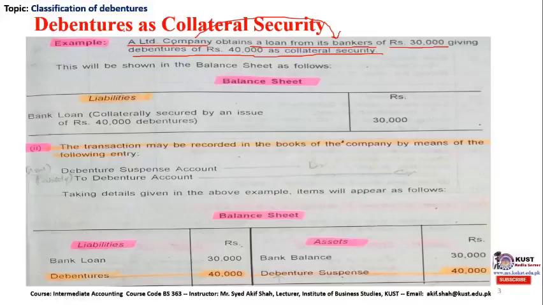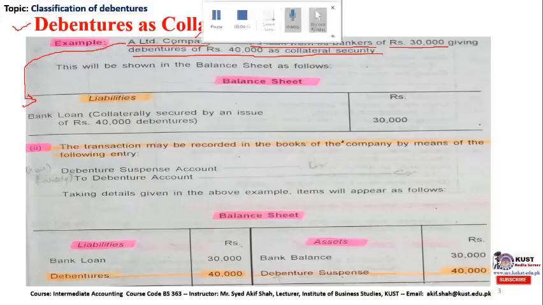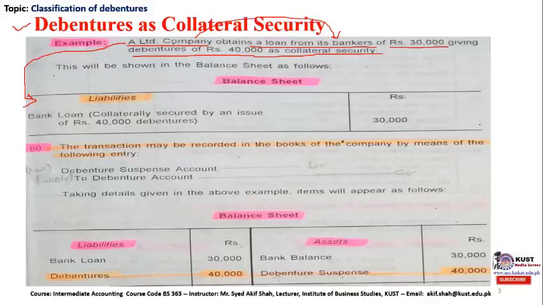Under this scenario, the rules of accounting ask us to make either no entry for debenture as a collateral security, or, if the company would like to record such a transaction, the company can simply give a note in the balance sheet that it has collateralized a certain amount of debentures for a bank loan. So the case will look like